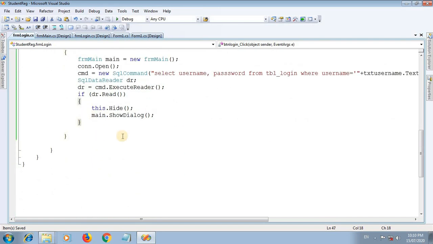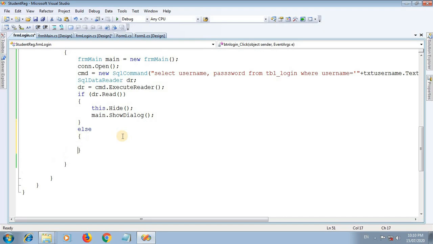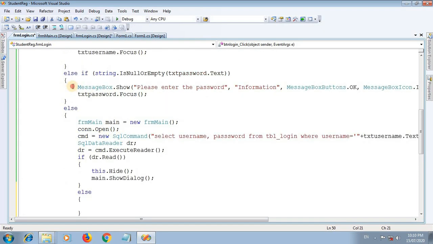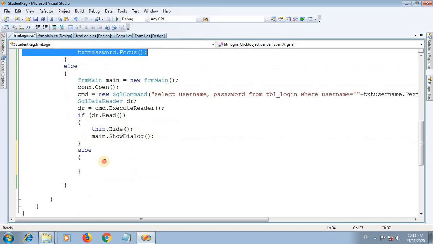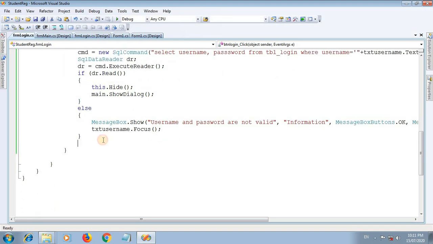In the else part you can write a message: username and password are not valid. You can provide this message and focus the cursor on the txtUsername.